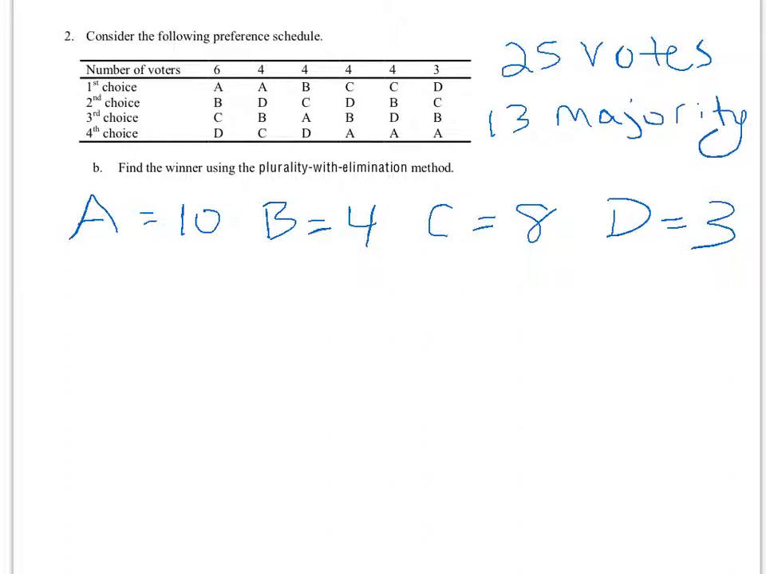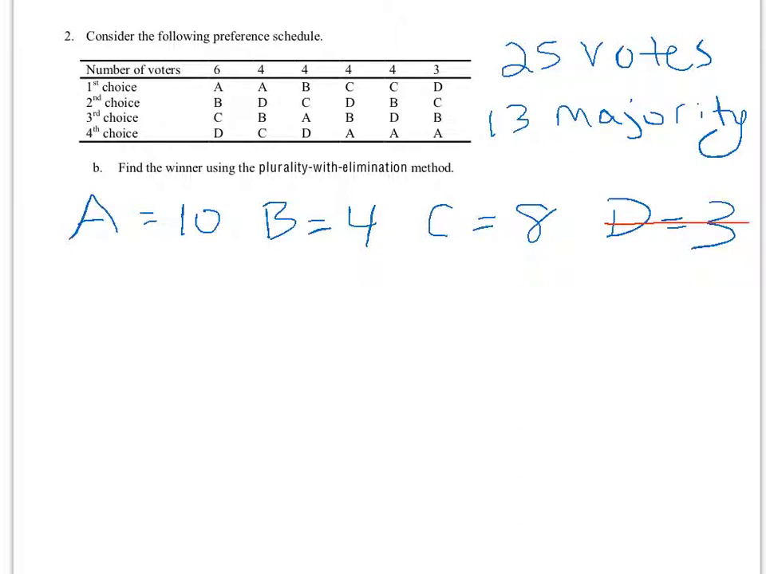So, do any of our candidates have a majority of the votes? Do any of our candidates have 13 votes? No. So what we do is we eliminate the candidate with the fewest first place votes. So I'm going to eliminate candidate D,